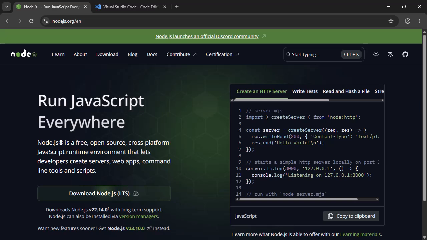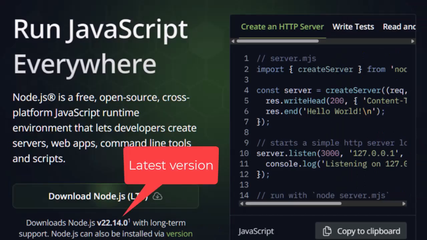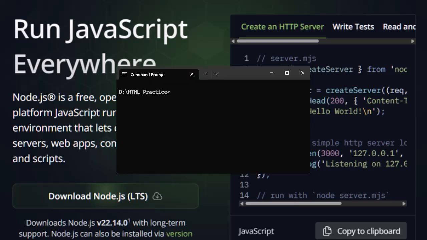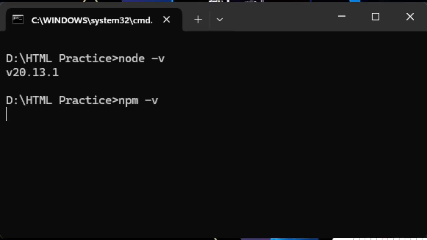Node.js is essential because it allows us to run JavaScript and TypeScript outside of the browser and gives us access to tools like npm. To do that, go to the Node.js official website and download and install the LTS, or long-term support, version, which is the most stable version. To verify the installation, open a terminal and run node --version followed by npm --version, and you should see version numbers for both Node.js and npm, confirming that Node.js is installed